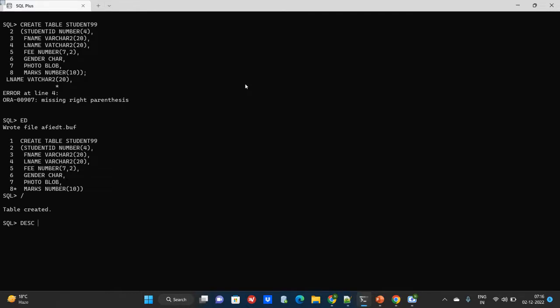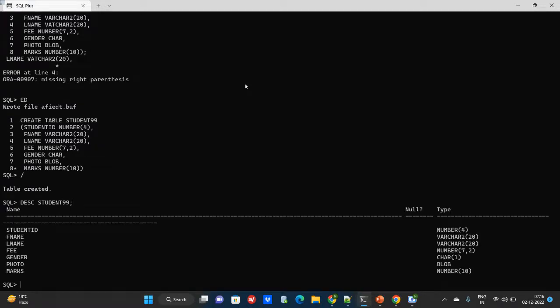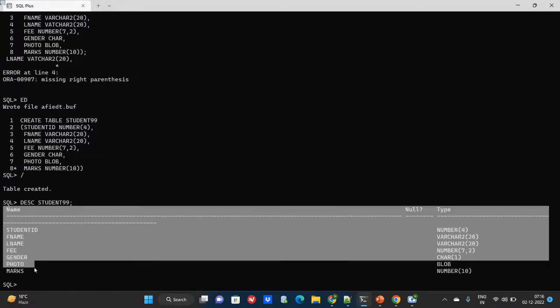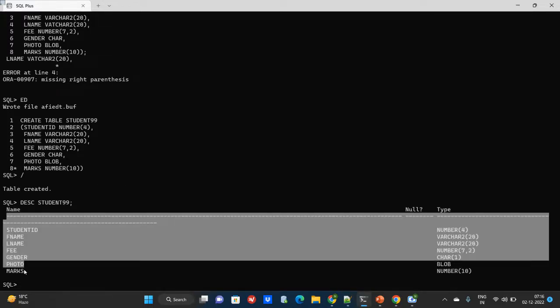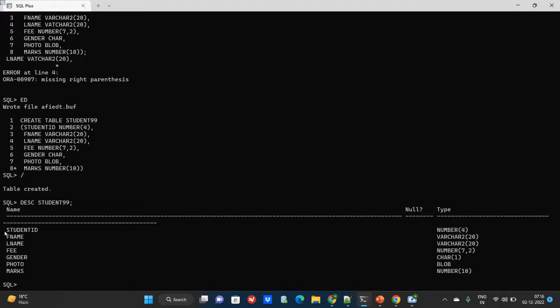DESC. Describe student double. Describe table name. So this is the structure of a table. Student double name table structure. So now if I want to modify